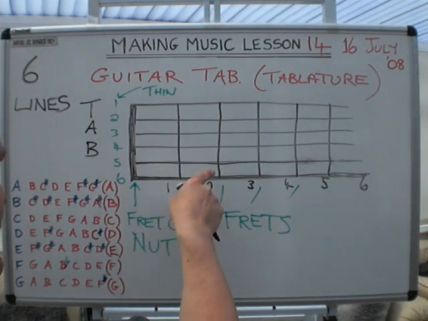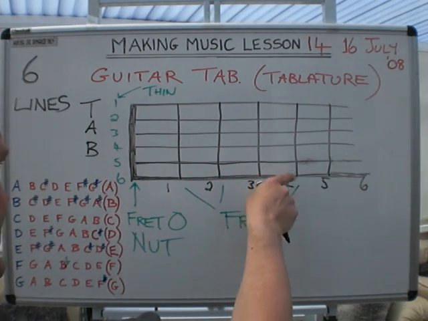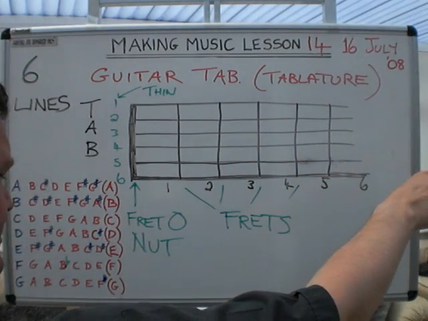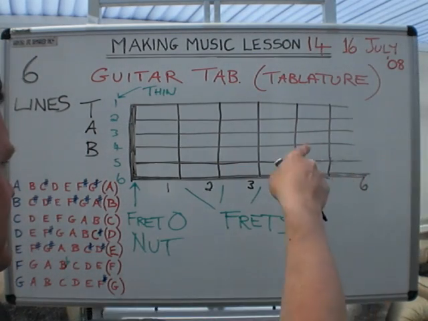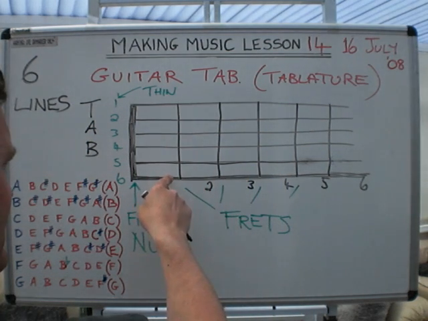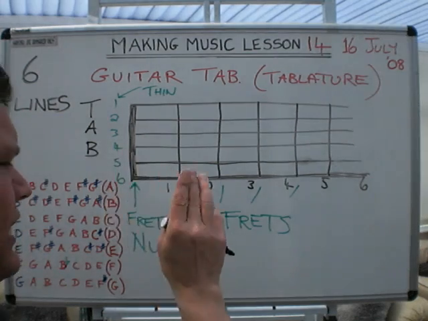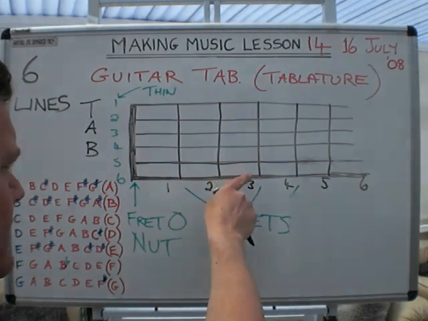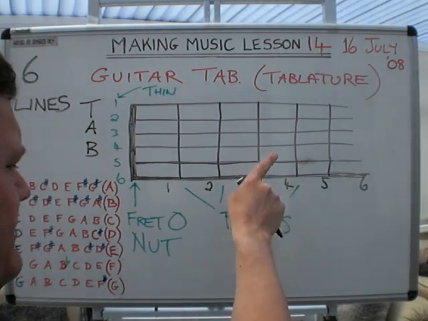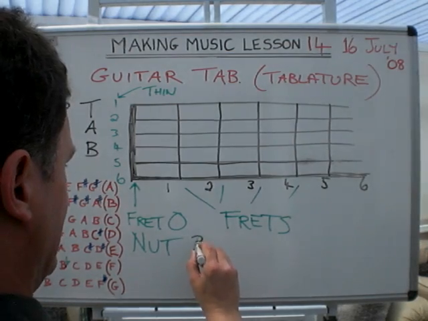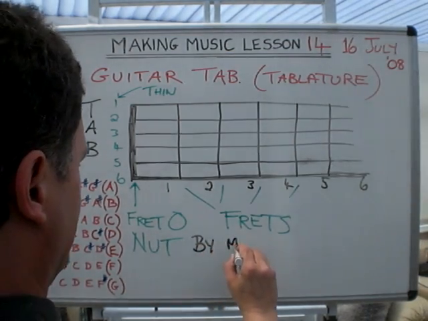So pressing down any position at them frets, what you're actually doing in effect, from the fixed point of the bridge to where you press down, let's start here, if we press it down here, you're making the string a certain length. So the further you go down towards the bridge, you're making that string shorter. So by making